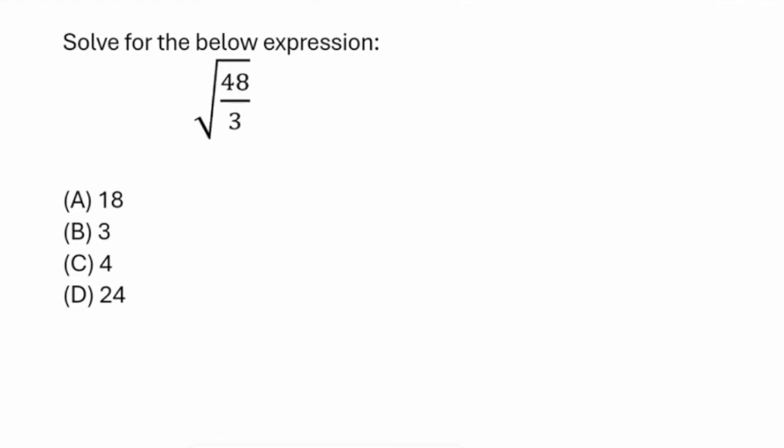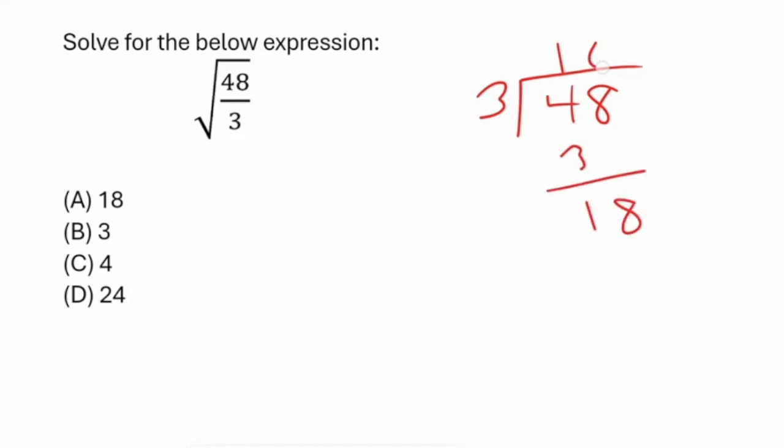First thing we can do is simplify the fraction. 48 over 3 is the same as the division problem of 48 divided by 3. So let's do that. So 3 goes into 4, 1. 3 goes into 18, 6 times. So now it's a little easier. Now we're looking at the square root of 16. And because we know that 4 times 4 is 16, and that's the definition of square root, we know that the answer is going to be